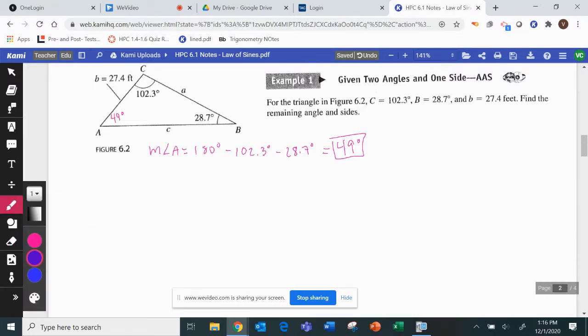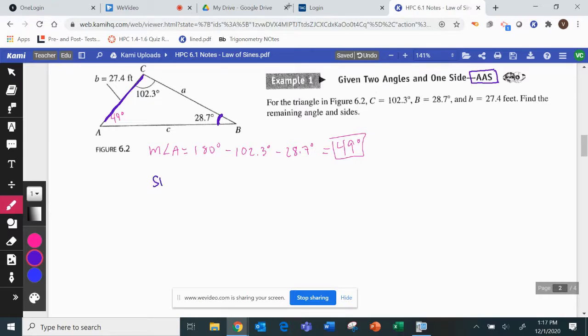All right, now we need to find side A and side C. So I didn't mention this yet. The example that we are doing is AAS. Do you guys remember? Side, side, side; side, angle, side. You can use law of sines if you have angle, angle, side. So I have two angles and a side that is not included between those two angles. This is what I look for more: do I have one side and the opposite angle? If I have one side and the opposite angle, I can use law of sines because when I set it up,